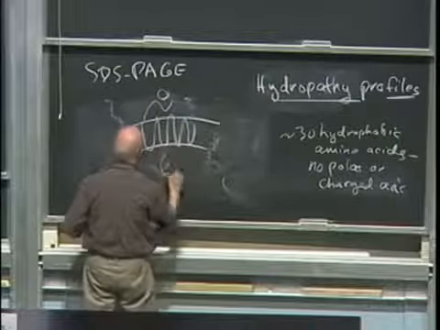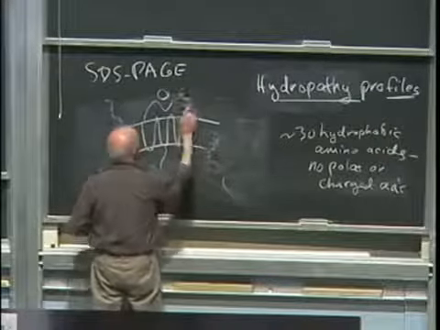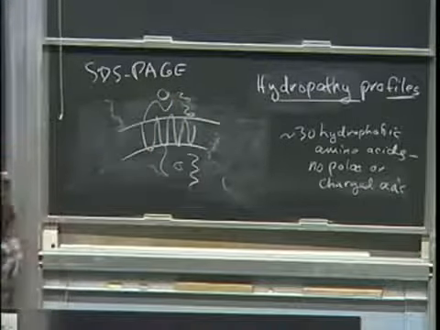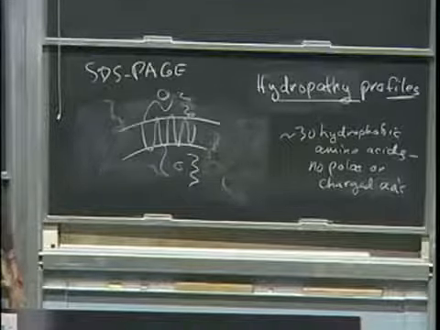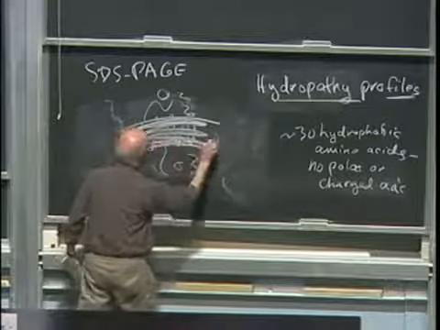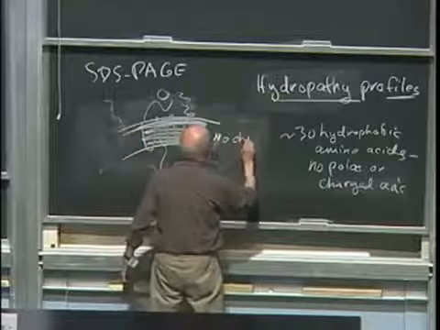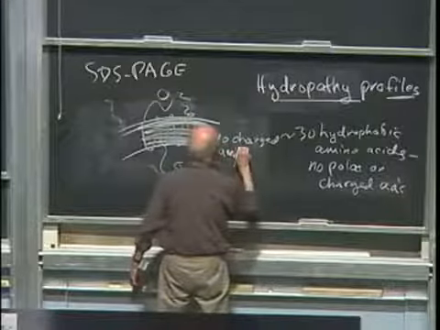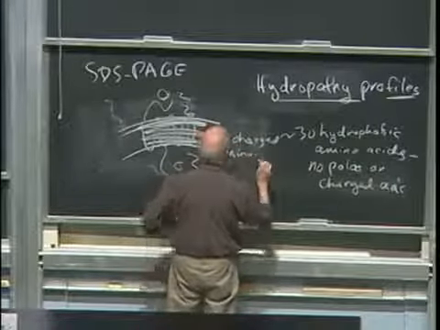You can see the stuff outside the membrane. So you see a bunch of charges here, and you see a bunch of charges here. And the region of this complex that is in the membrane, it's black. It's totally black. No charged amino acids in the hydrophobic region. No charged or polar, I'll say no polar amino acids